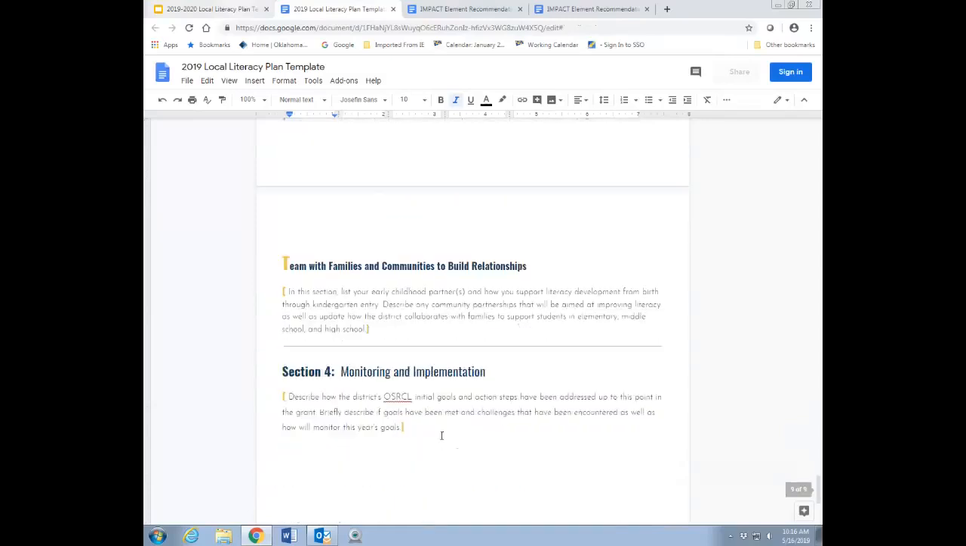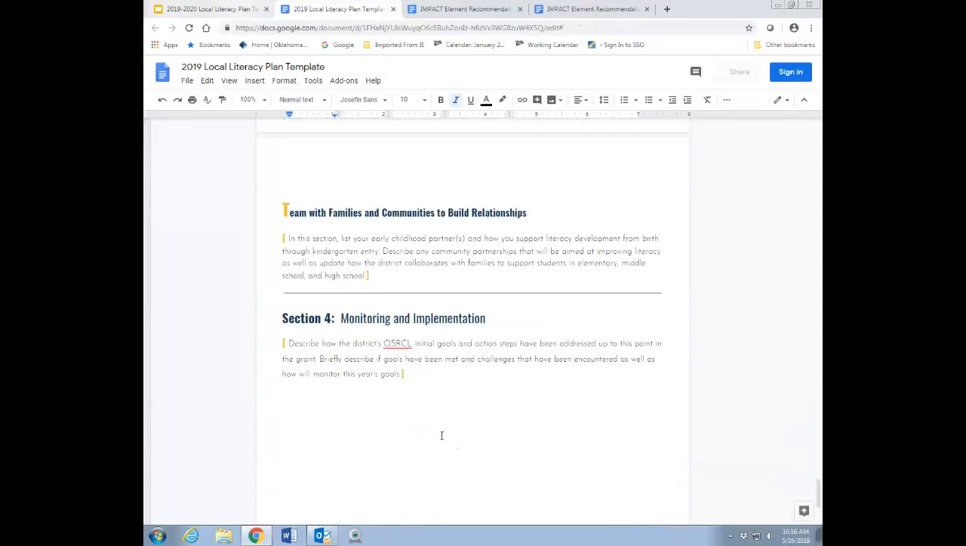And then the final impact element is team with families and communities to build relationships. So in this section, talk about the work you're doing with your early childhood partner, how you're supporting literacy development from birth through kindergarten entry. Also, any community partnerships that you have that are aimed at improving literacy, and any way that you're collaborating with